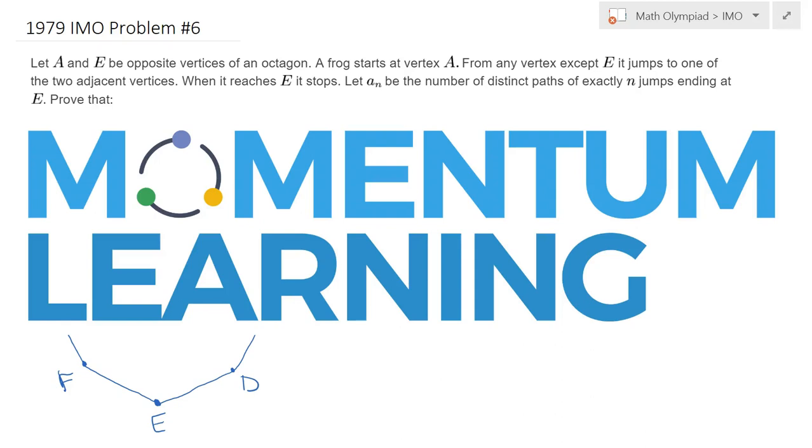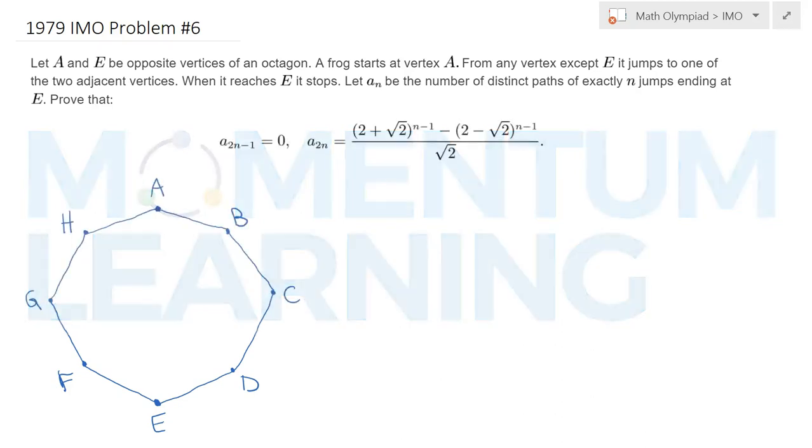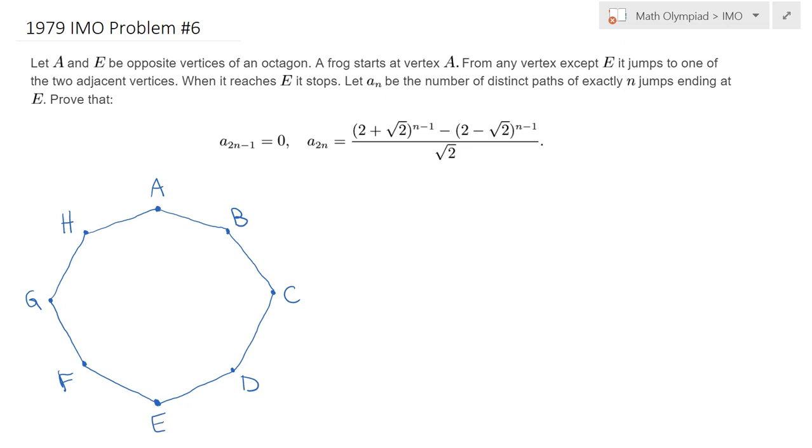This is 1979 IMO problem number 6. Here is a view of this problem. We have a frog which starts jumping at the point A, and it would like to reach the point E here, on the opposite side, the opposite vertex of this octagon. And the rule is that starting at point A, it can either jump to point H or to point B,